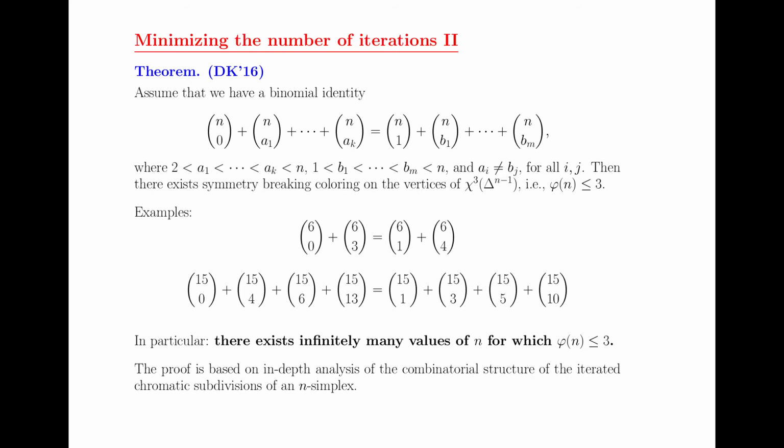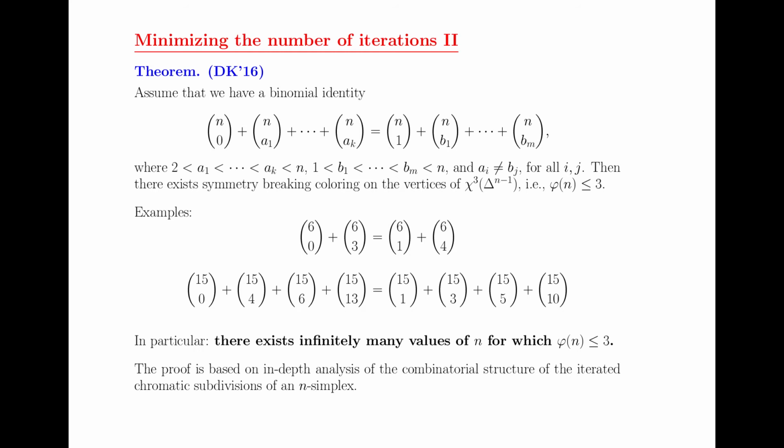We only know that for certain special values of n, you can actually do it in 3 rounds. So 6 is such a value, 15 is another one. We don't know for which n's such identities exist. They don't exist if n is a prime power. Obviously they shouldn't, because that's not solvable, but you can check that just by divisibility by p. But we don't know much about it at all. Certainly there are infinitely many of them. Any n which is divisible by 6 will have such an identity, but not much more than that. So 15, for example, also has it, and there are infinitely many which don't have it, and infinitely many which have it.